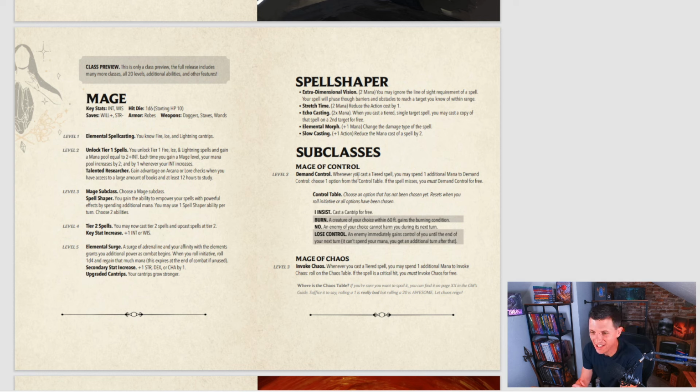Whenever you cast a tiered spell, you may spend 1 additional mana to demand control. Choose one option from the control table. If the spell misses, they say right here, you must demand control for free. That doesn't make any sense to me, especially since with the Mage of Chaos, it says if your spell is a critical hit, you must invoke Chaos for free. So I think this should be critical hit right here. But that said,